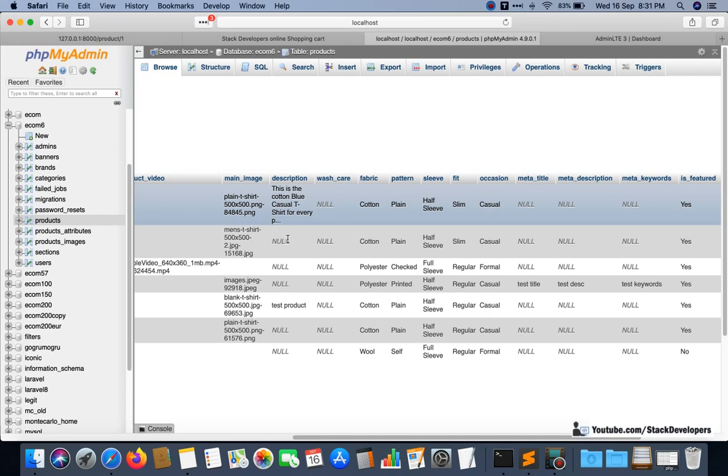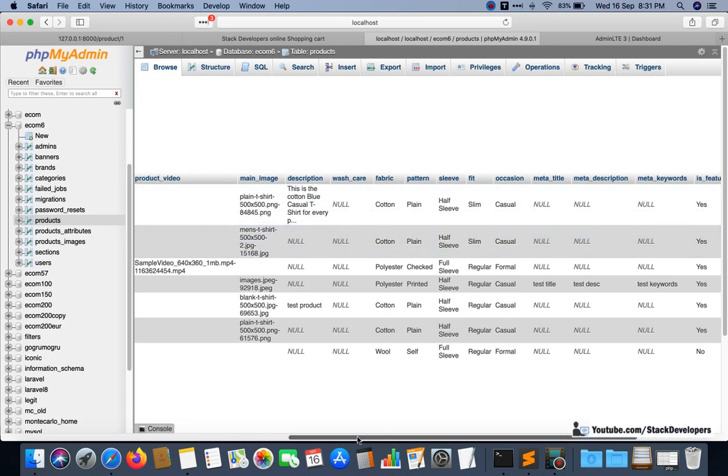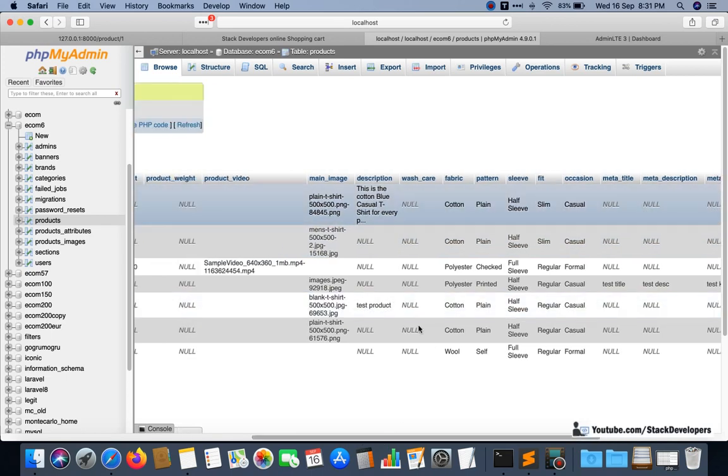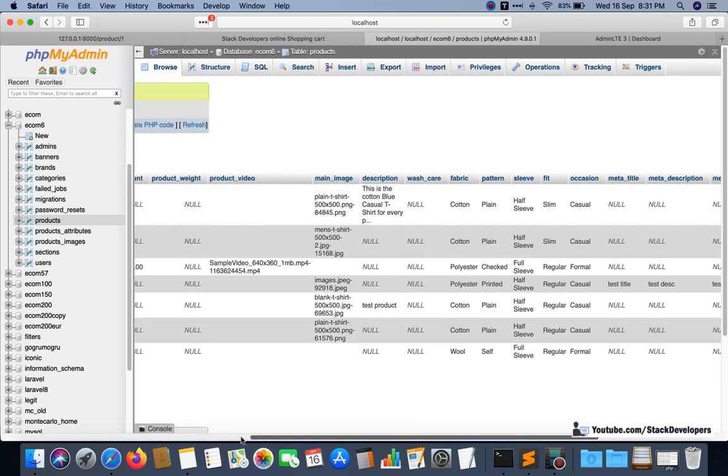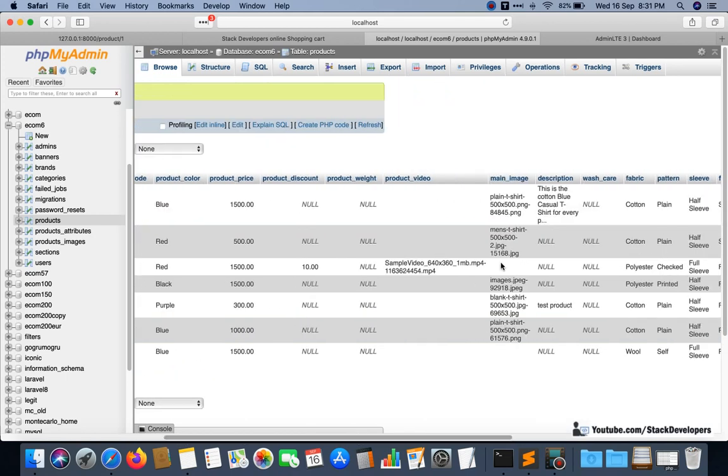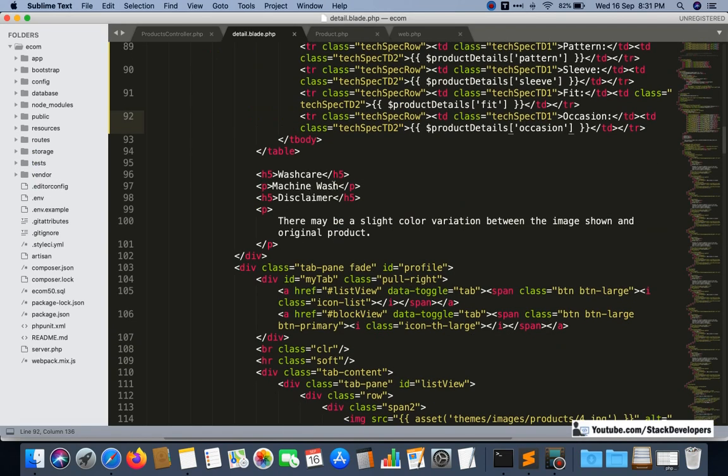Description we are having, and wash care is there, and for wash care we can show here. I will copy this one and paste here.